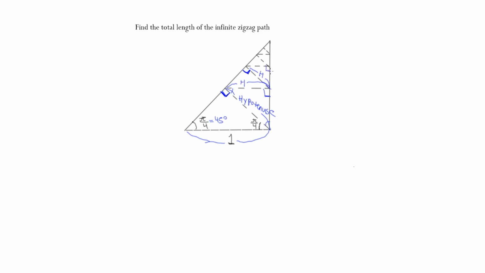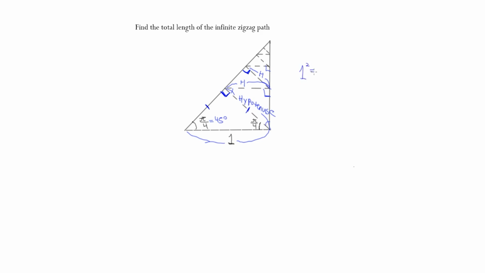And then hypotenuse, right angle. And we notice that these zigzag paths are actually just the hypotenuses of all the triangles, while also being the leg of the previous triangle. But let's just stick with all of them being hypotenuses because that'll make our life so much easier. Now, let's go figure out what the other side lengths are. Now that we know that side length is 1, we know that by 45, 45, 90, this is an isosceles triangle. And by the Pythagorean theorem,